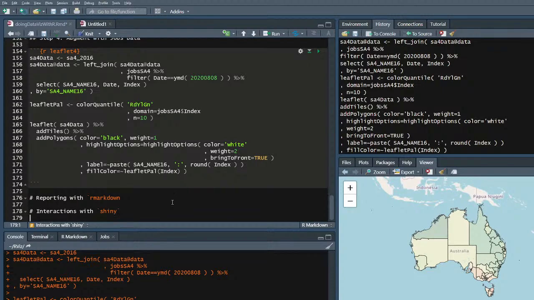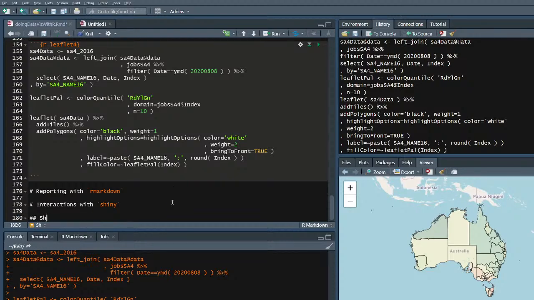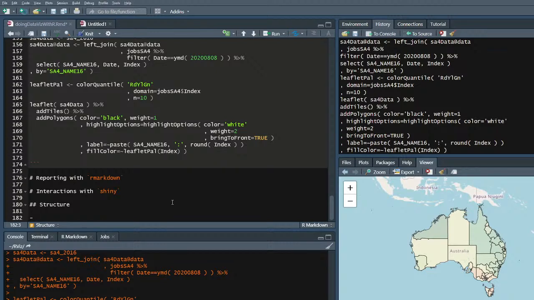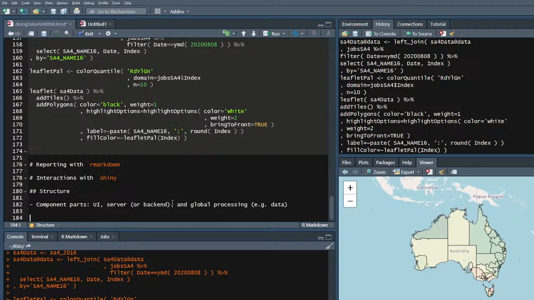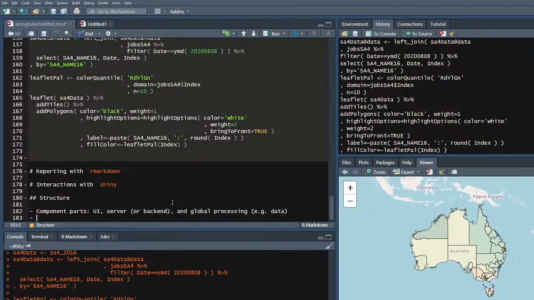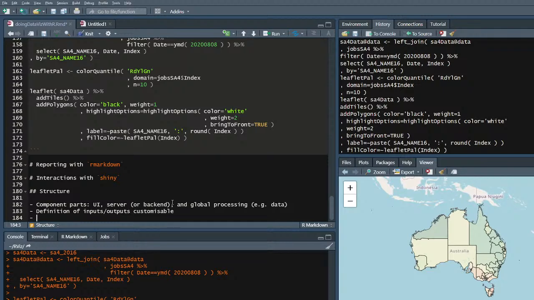Alright, so interactions with Shiny. Let's talk about how this works. Shiny's structure. It's split into component parts: a UI, a server or backend, and global processing, e.g. data. Definition of inputs and outputs, up to you, configurable, customizable, and